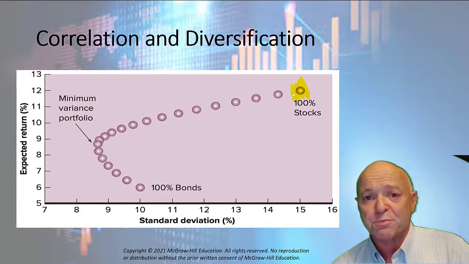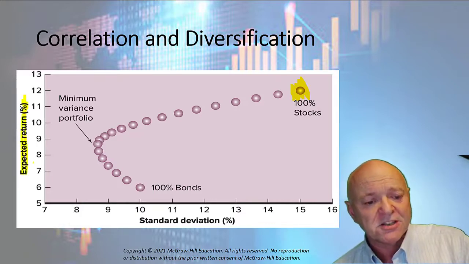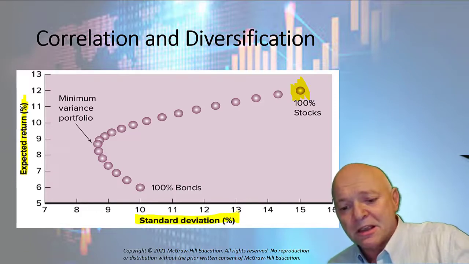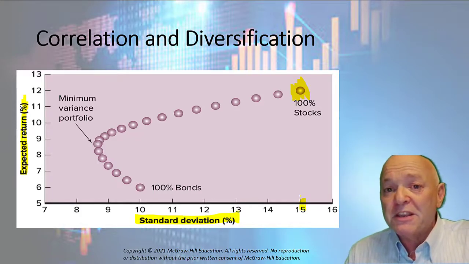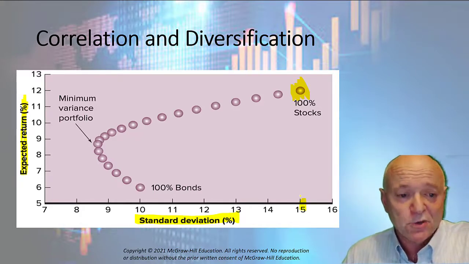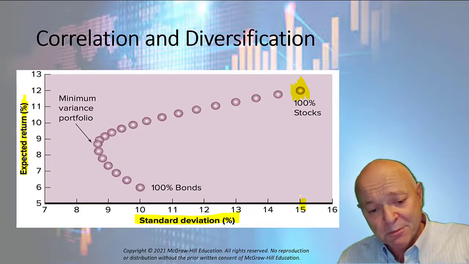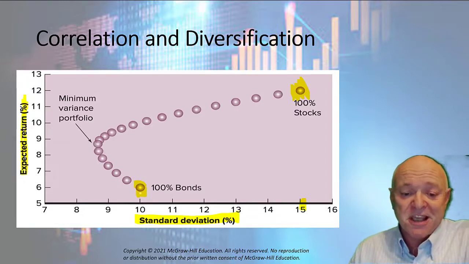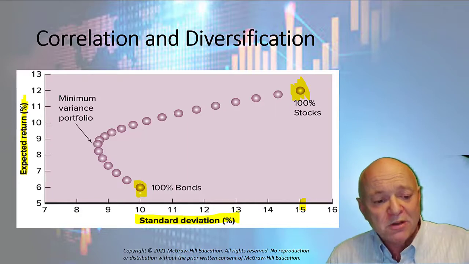It has about a 12% expected return, with return on this axis, and the risk is across the bottom, standard deviation, and so we had the highest level of risk. Now, that would be the all equity, 100% equity, 0% bond portfolio. And at the bottom of the table, we had the standard deviation of 10 for our 100% bond portfolio and